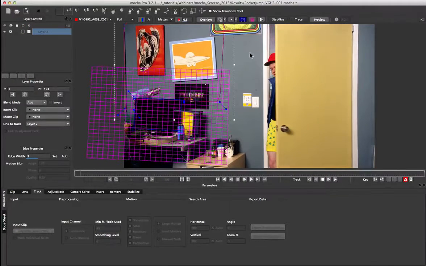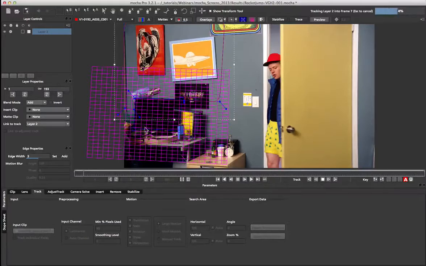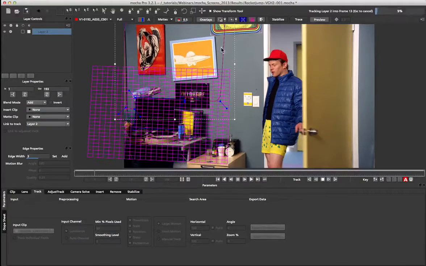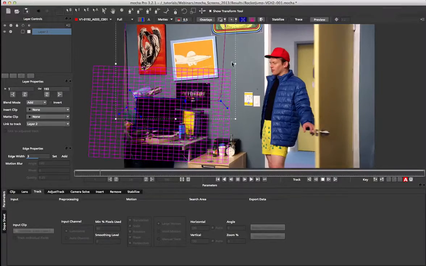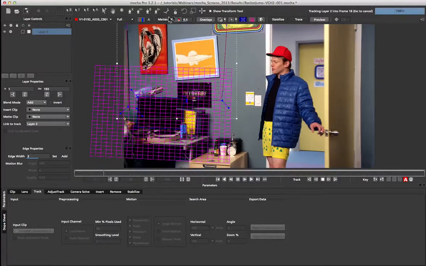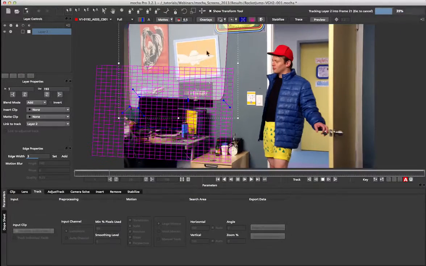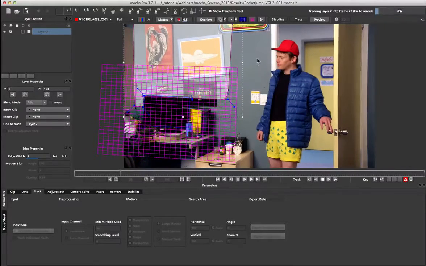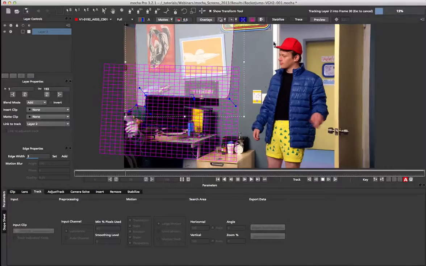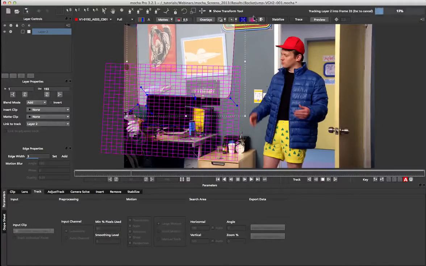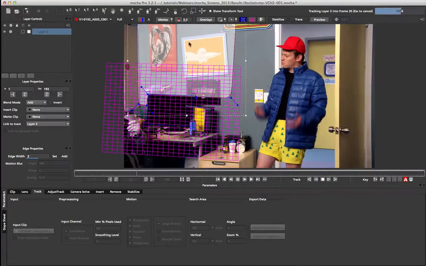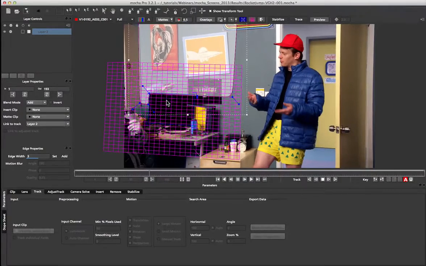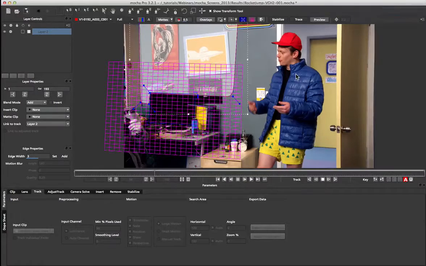So as he comes into the shot, we're going to have to manipulate our shape as we track. So he'll come into here, and as soon as his red hat starts to hit this part of the shape, we're going to have to start manipulating our shape to avoid him. The other way we could do this, of course, would be to actually mask him out completely and then just do a big track, but I'm going to show you one method of doing it this way, where we move the shape to avoid the obstructions. So as he comes forwards,